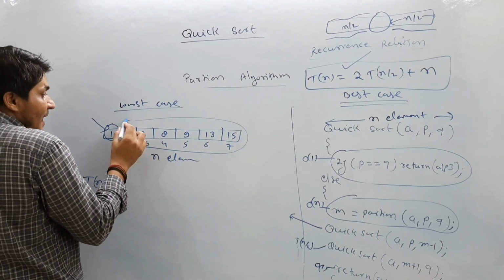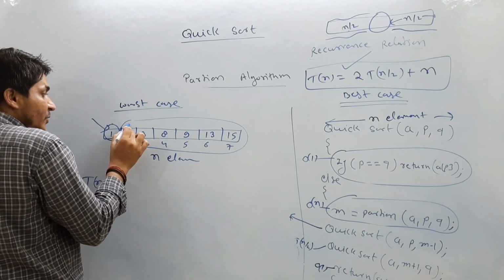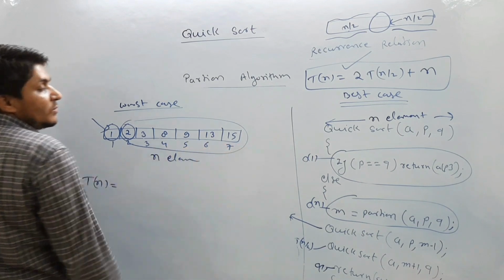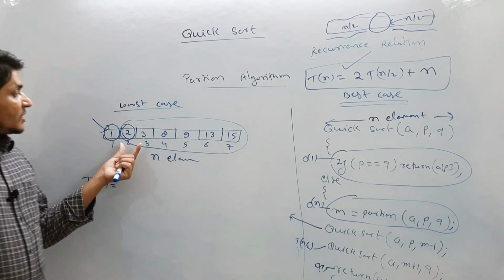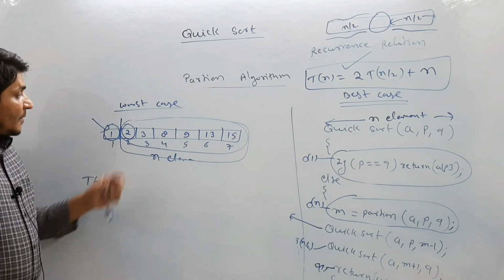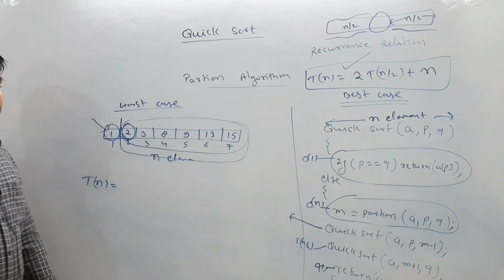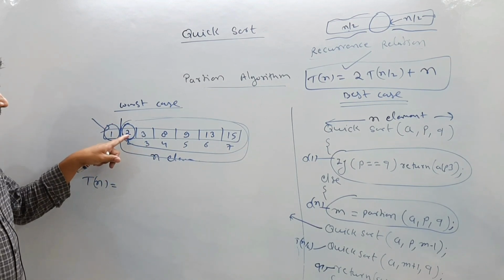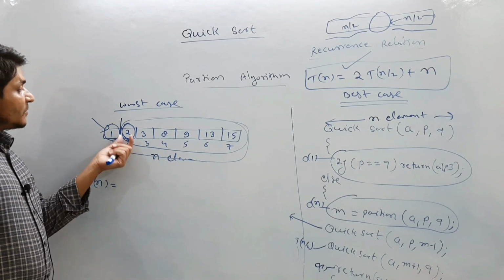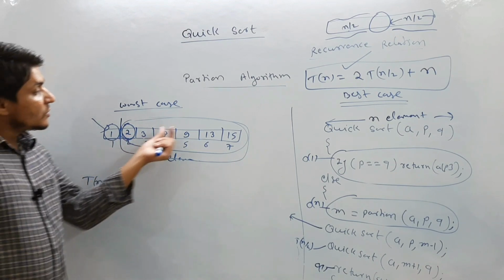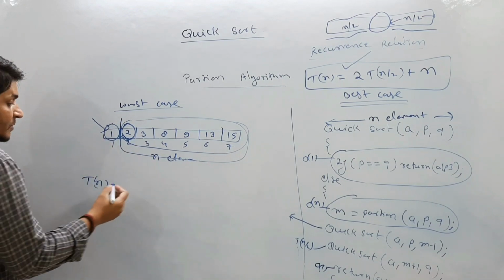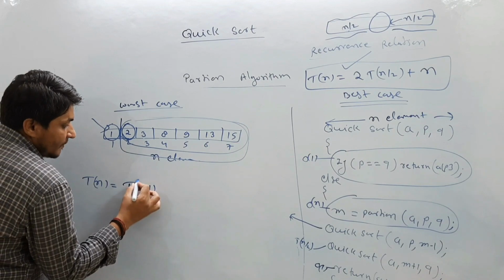Now once partition is done, you again assume the first element as the pivot element, because there is no element on the left-hand side, but there are n-1 elements on the right-hand side. So again you solve this problem. After partition this element will reach its correct position, and index number 2 is the correct position for value 2. Then again you need to solve an n-1 elements problem. So every time you are solving an n-1 elements problem, it will take T(n-1).